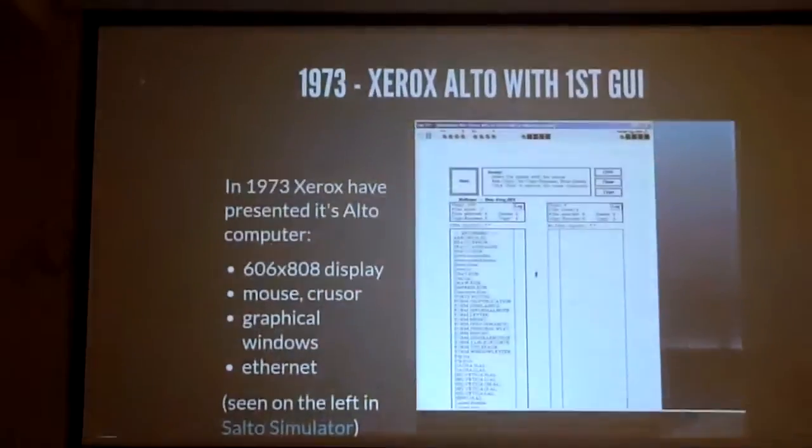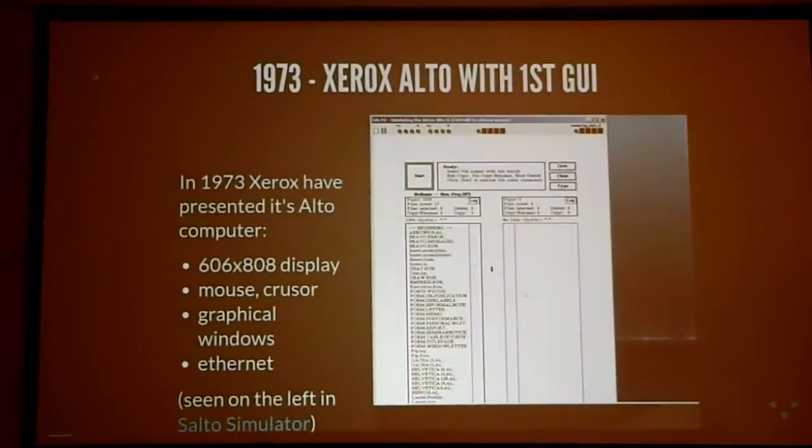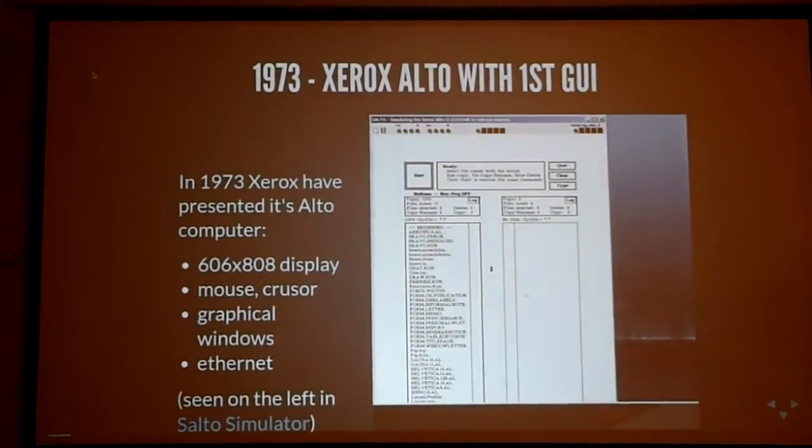So our first example is 1973, the first graphical workstation created by Xerox. In fact, the history of the graphical user interface was initiated by Douglas Engelbart, the person who had invented the mouse.